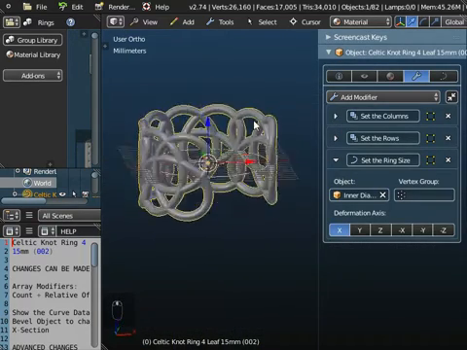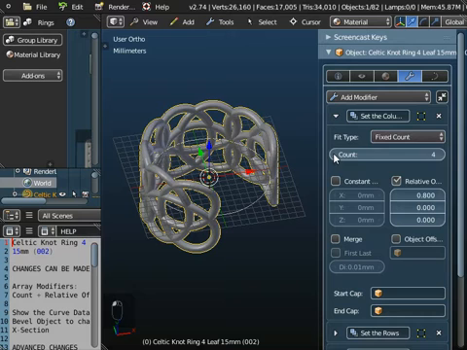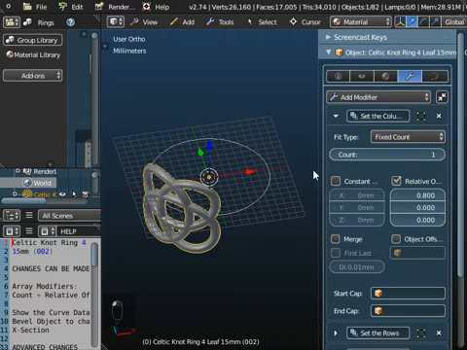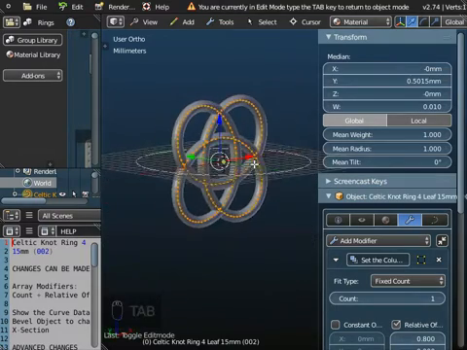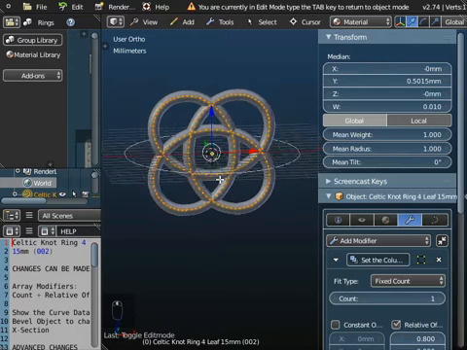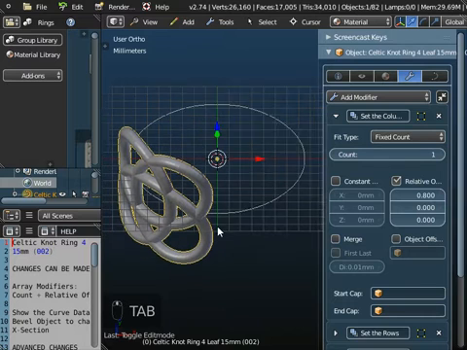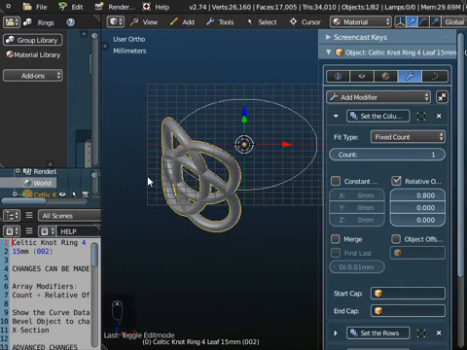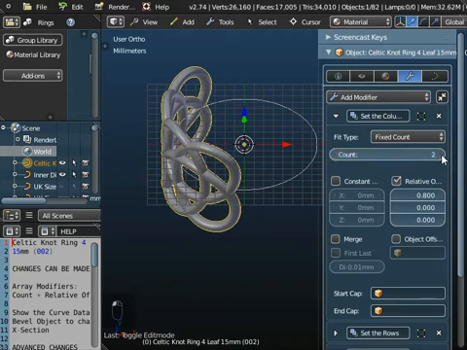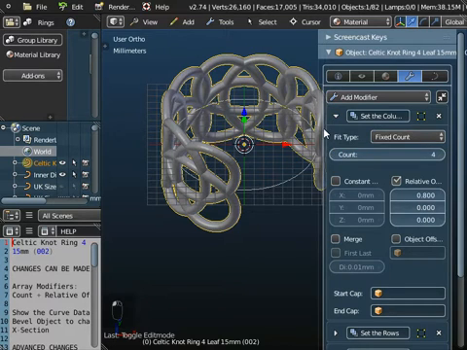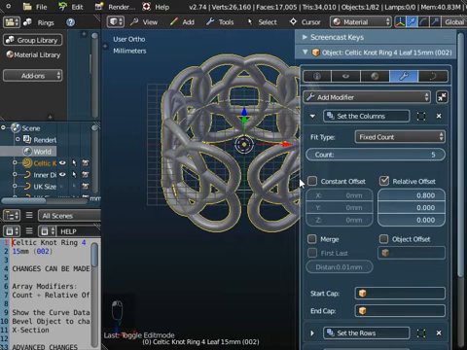So this object, if you buy it from our library, is under Celtic knots, and if I just take it back to its raw state, if I just remove the countdown to 1 and just hit the tab key, that's the basic pattern, the basic 4-leaf knot pattern that's used to create this ring. And so I'm just pressing the tab key there to go back to normal mode. So you can just take this object and drop it onto the workspace, and just by changing the count you can set the number of columns for this ring,